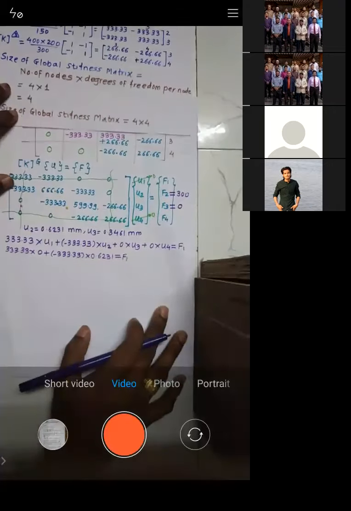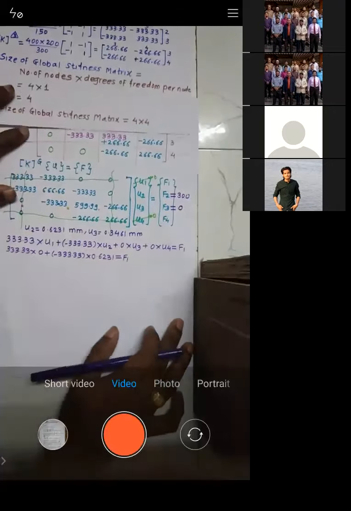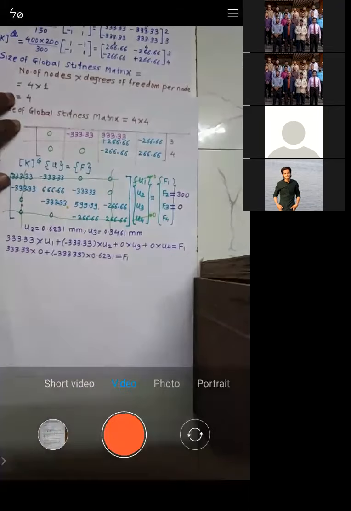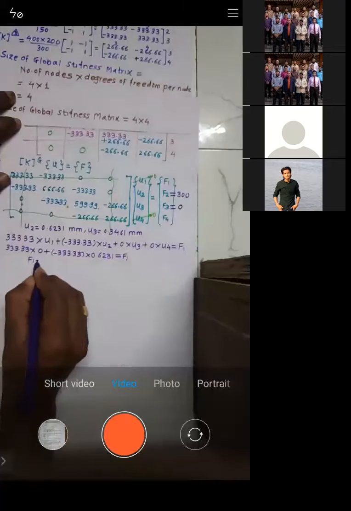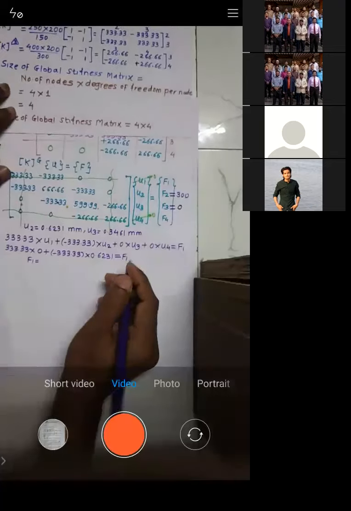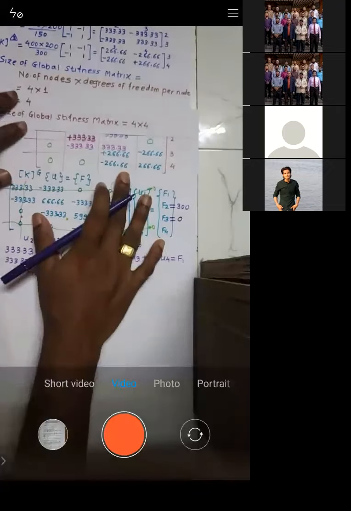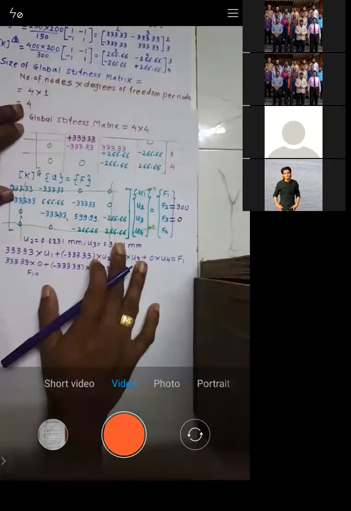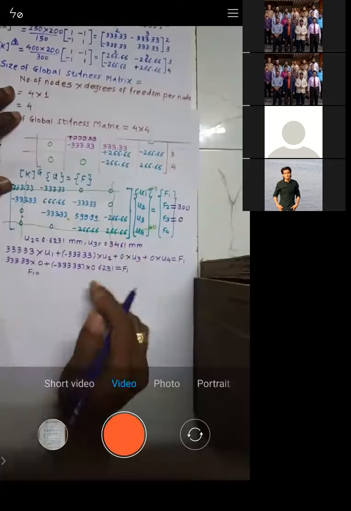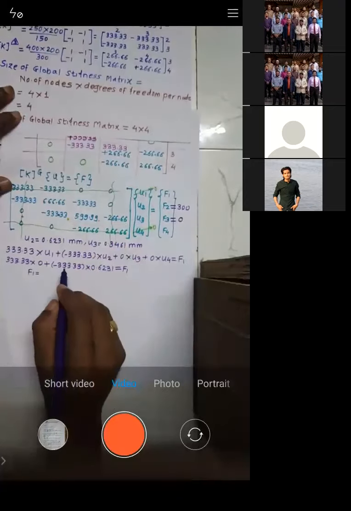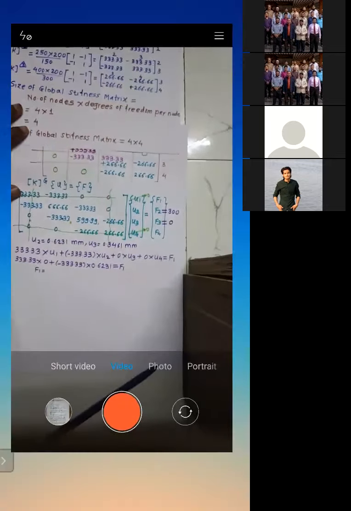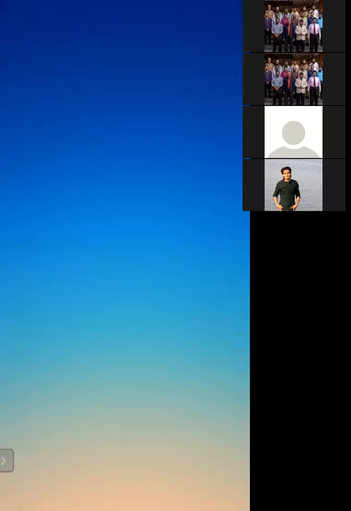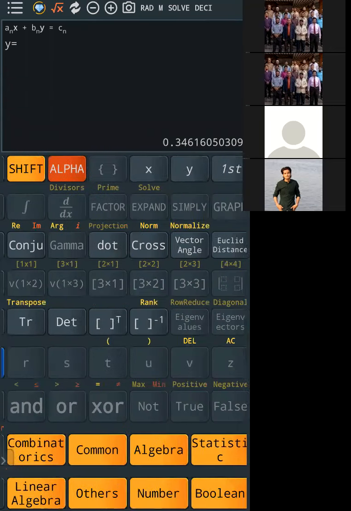Can you tell me what value of F1 we are getting? Minus 333.33 into 0.6231. All of you just do the calculation along with me.